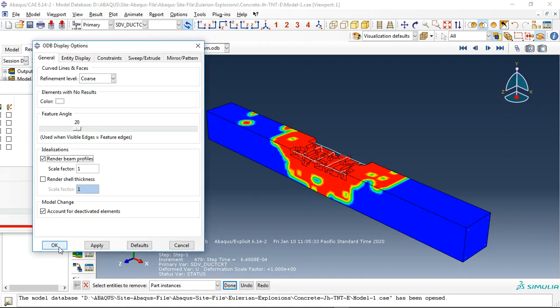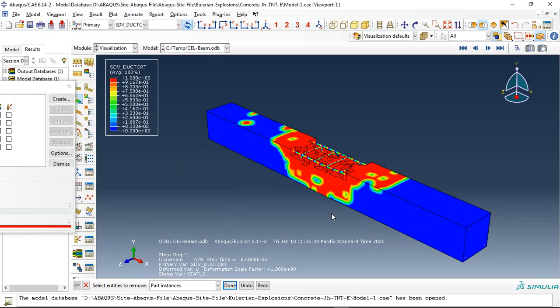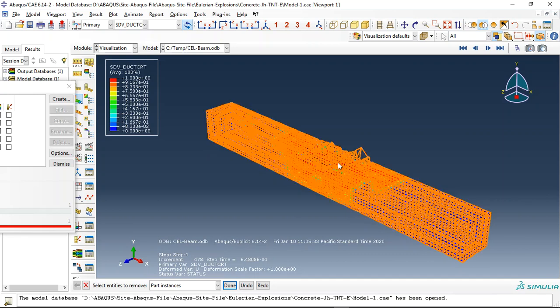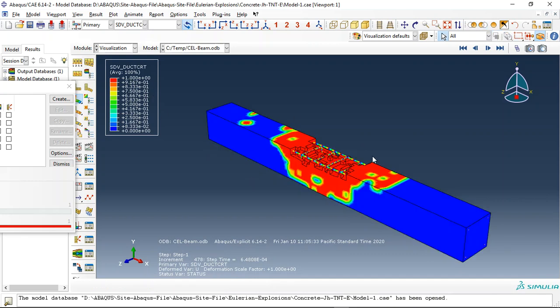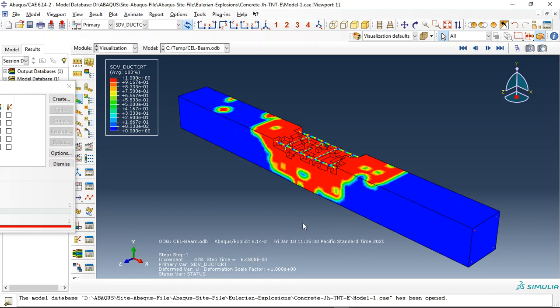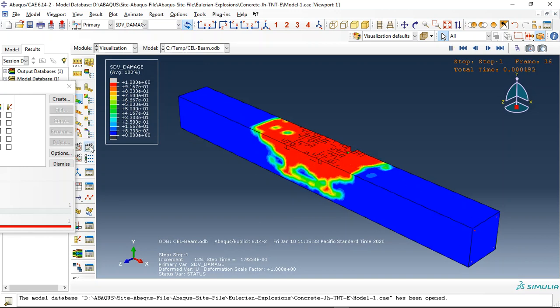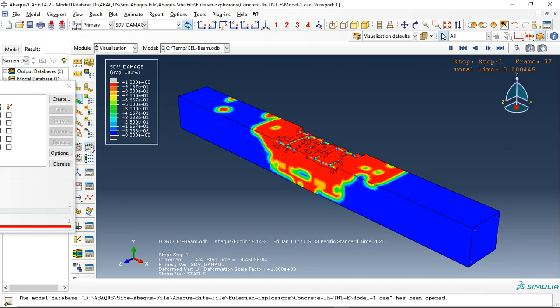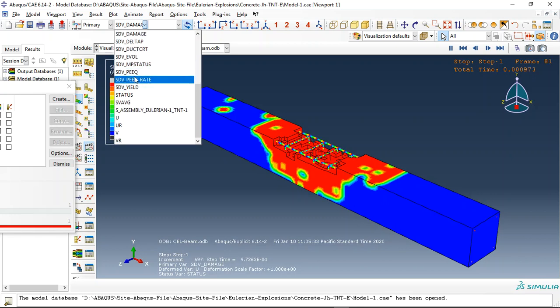Today I did a model of the CEL, or coupled Eulerian-Lagrangian, explosion over the concrete beam reinforced with steel rebar and strips. And here I used a damage criterion for the concrete. You can see this damage variable under the CEL explosion. You can see that, or plastic strain,